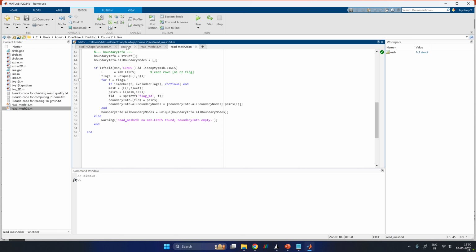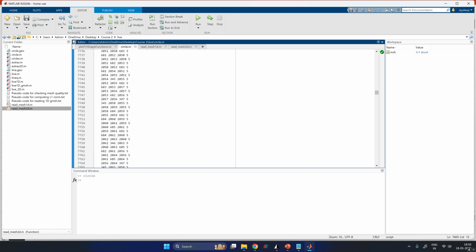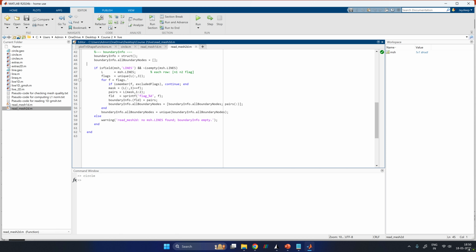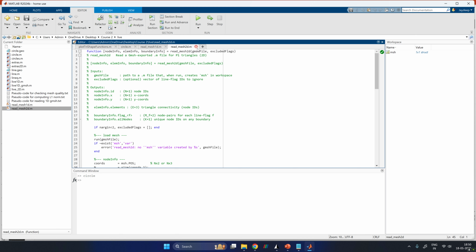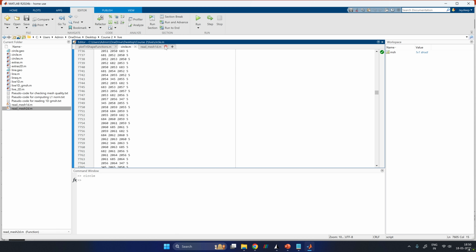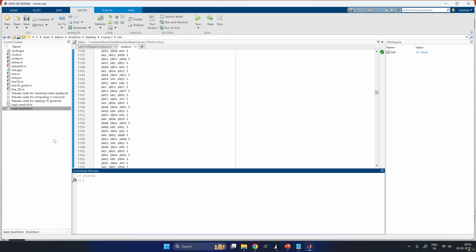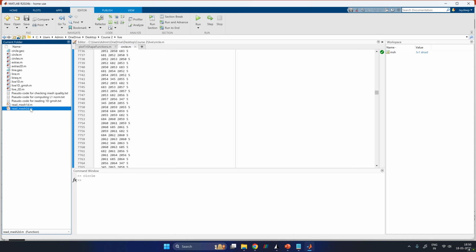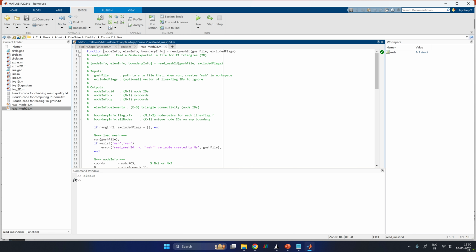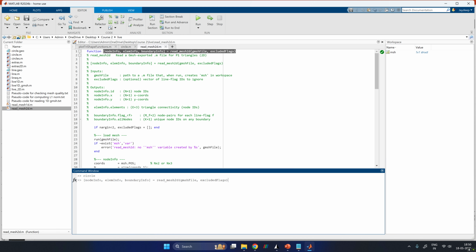You can even just put this kind of a file into OpenAI or DeepSeek and ask it to make this mesh reader, or you could just write it yourself. Nothing related to finite elements here. So let's just stop here. Now we know how to read our mesh. Let's just call the mesh once, so that we get an idea of how the struct will look. As I mentioned again, you have the struct in case of MATLAB, and in case of Python and Julia you have dictionaries. So let's just call circle.m,